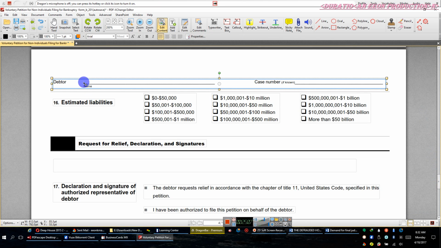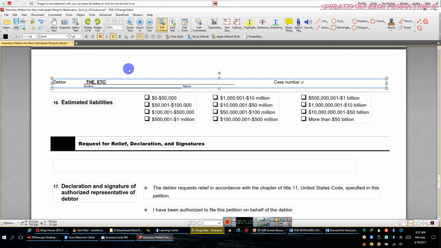And then I go here, and then I do the same thing as I go, comma, etc., comma, period, period, comma. Okay, and then I go here,